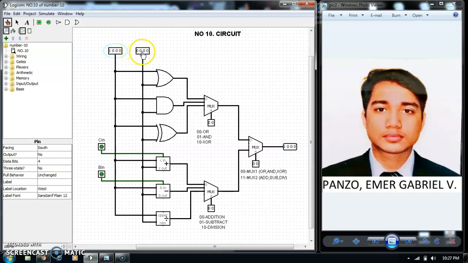So if you can see, if we choose the OR gate, which is set here, the result will be 1100. And if we choose an AND gate, you can see it is 0000. Okay, there you go. And if you want an XOR,